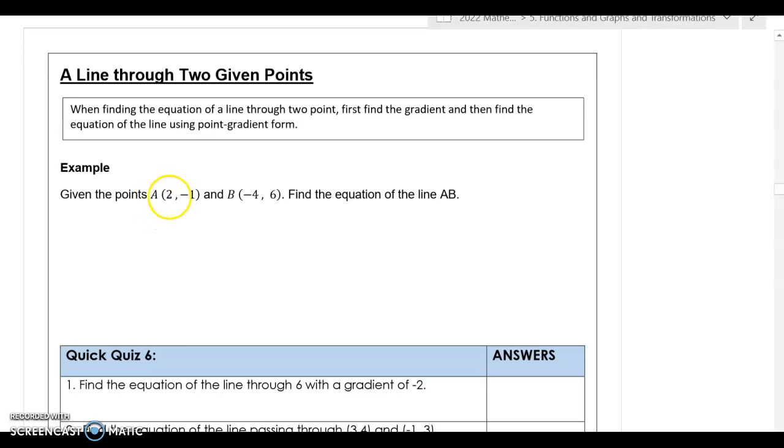We're given the points A, which is the point (2, -1), and B, which is the point (-4, 6), and it asks us to find the equation of a line. There, again, are a couple of ways you can do it. I'm going to name my points here, but step 1, let's just have a look at the gradient formula for